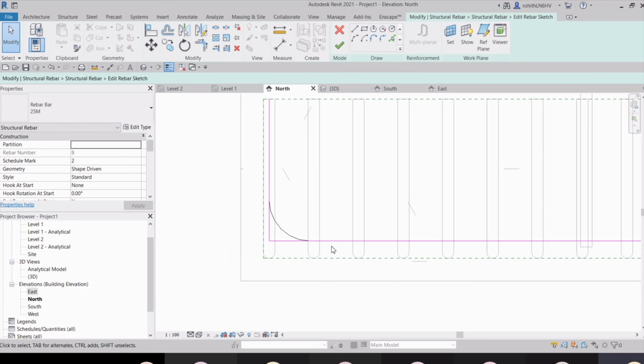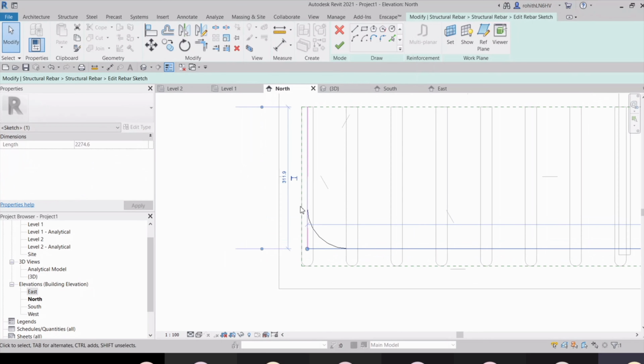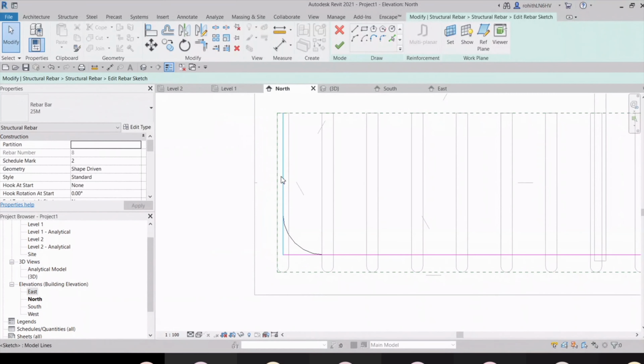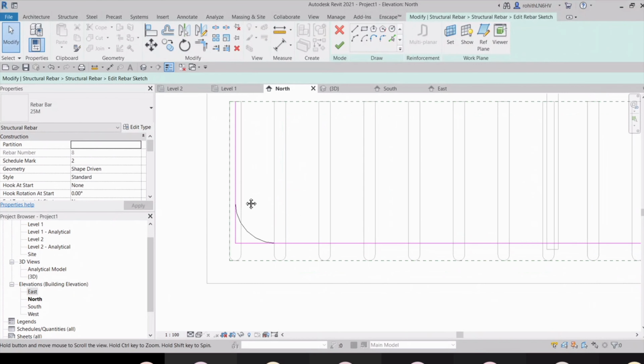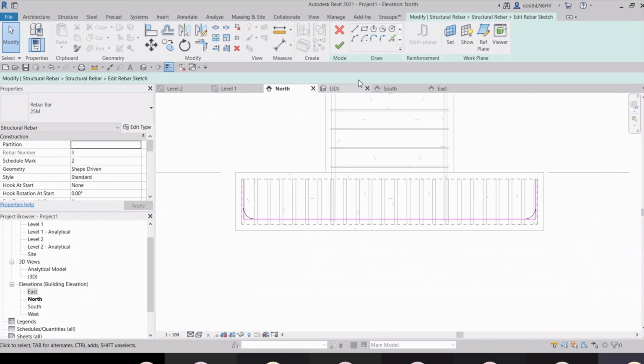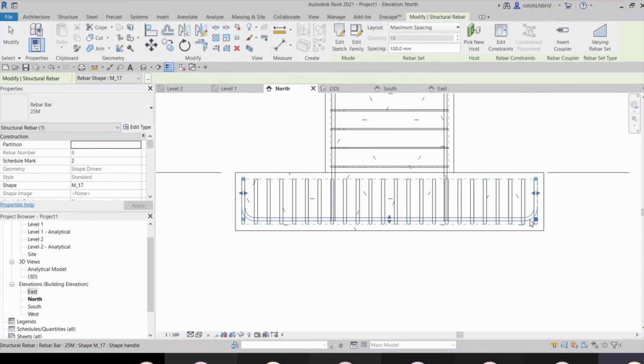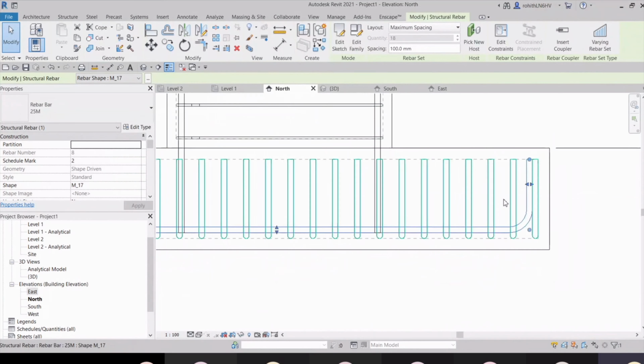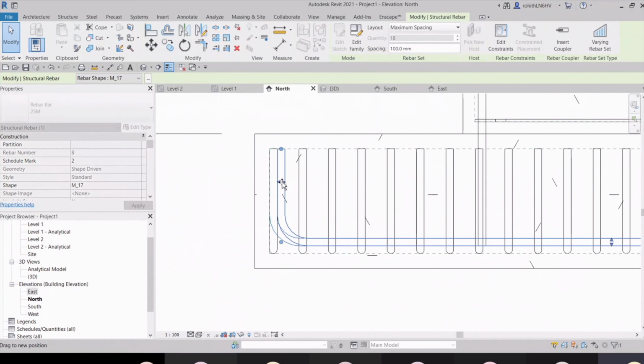Okay, if you want to change it, you just select it, and from here you can change how much the gap will be. So right now it is fine. Okay, we have just checked, Sir, 88.1 is the gap. Yes, so I think the corner bars will clash each other, na? Yes, we will change that also. Click on finish. And here we can change this. Okay, here you just have to do the same. Here also you just have to do the same.